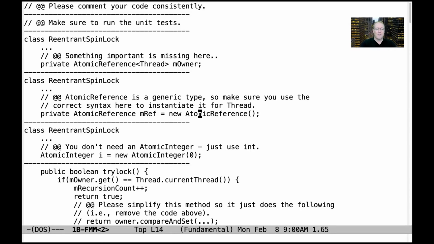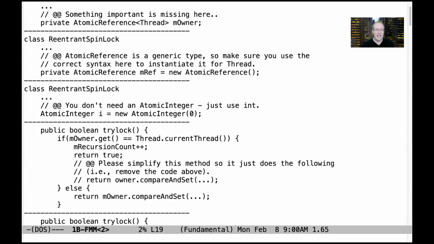This again is also for the grad student version. Make sure that you use the proper syntax, because atomic reference is a generic type. And so you have to make sure that you properly use the syntax to indicate it's a generic type of things that hold threads. You don't need to use atomic integer in either the reentrant spin lock or the spin lock. Just use an int for the reentrant spin lock, and then you'll make sure that you access the values in such a way where there's never any contention for it. Let's take a look at the